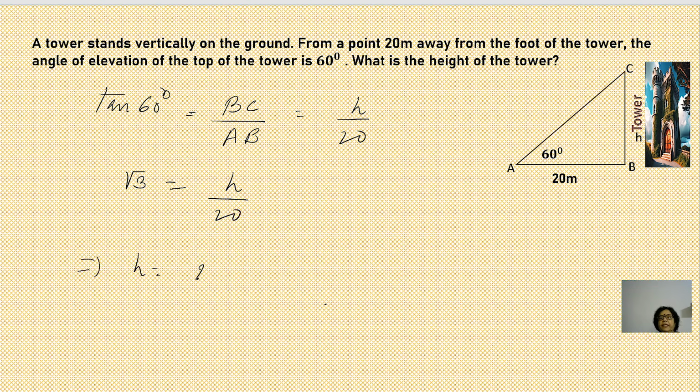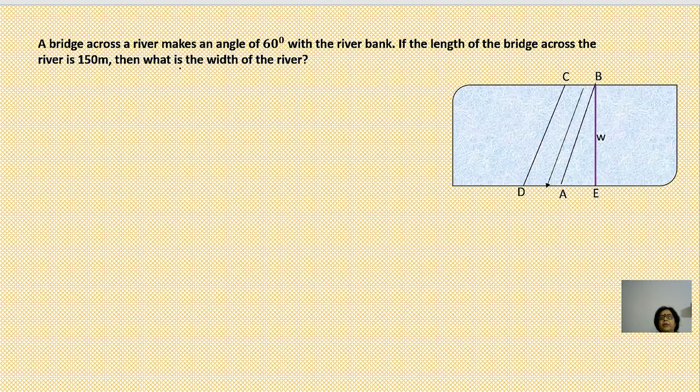If we take the value of root 3 approximately to 3 places of decimal, this becomes 20 into 1.732, which of course will become 17.32 into 2, that gives us 34.64 meters. So the height of the tower is 34.64 meters. So this was a very basic question over here. Hope it is clear. Next one is a bridge across a river makes an angle of 60 degrees with the